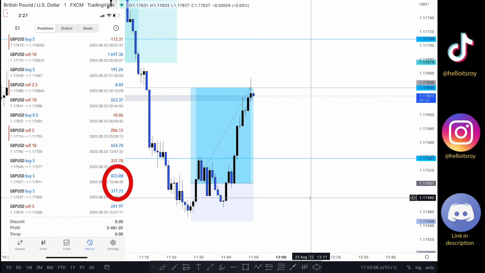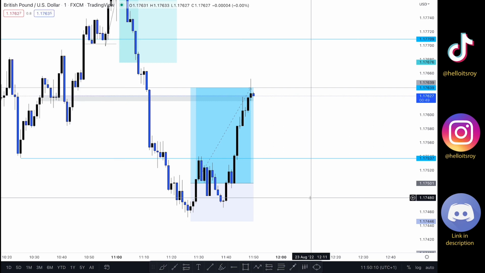GBPUSD profits done, and now I can leave in peace since my last trade is actually in profits. And guys, the history of those GBPUSD trades only is going to be on the screen, because I know that is wild, and I know that some of you are going to start coming up with some stories and stuff like that. So I'm putting the history on the screen.